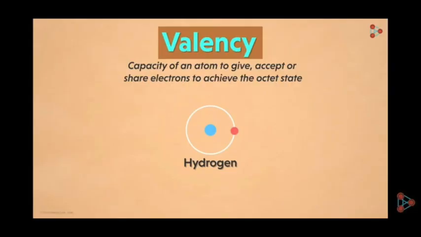In both the ways, its valency will be 1, because as we discussed, the modern definition of valency is number of electrons given, taken or shared by one atom of an element. So as hydrogen either shares 1 electron or gains 1 electron during chemical reaction to have configuration like noble gas, that is helium, therefore its valency is 1.